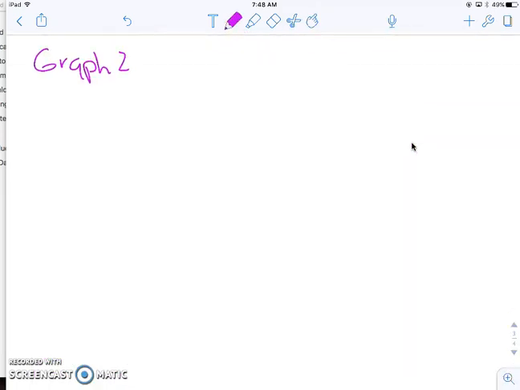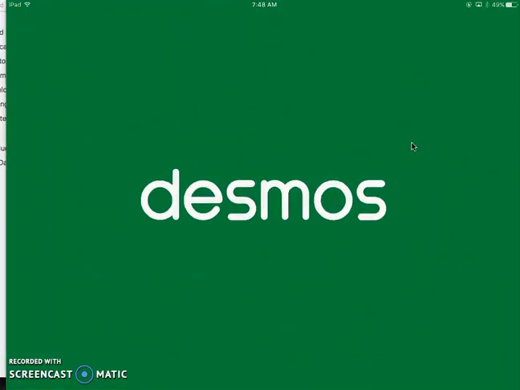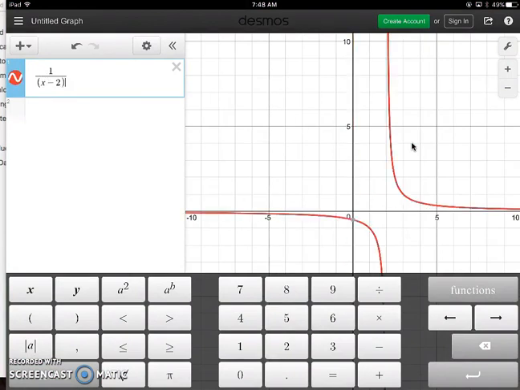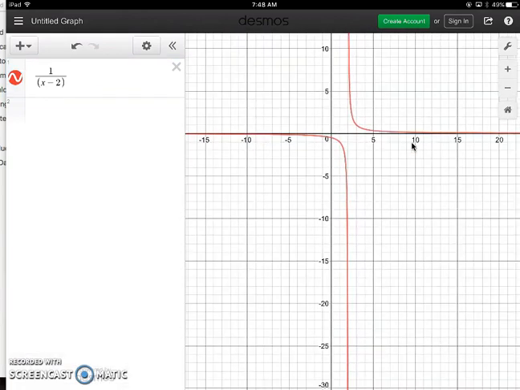So let's say we have an equation, y equals 1 over x minus 2. If we were to go back and graph this in Desmos, let's take a look and see what it looks like. So we have 1 divided by x minus 2. So if we take a look at this, we have an asymptote, and it looks like at 0 going across